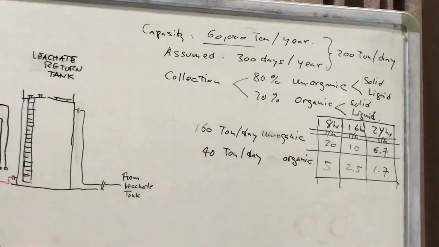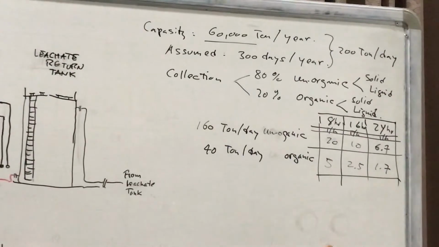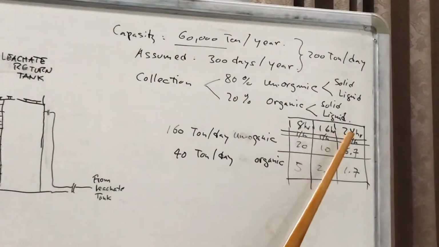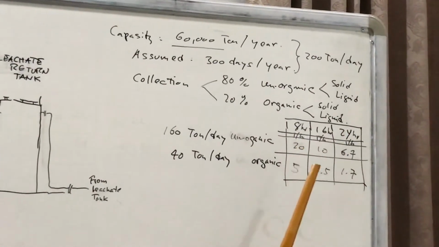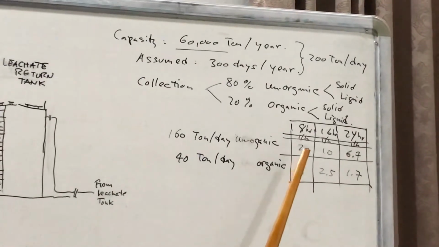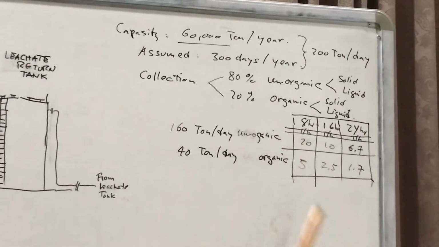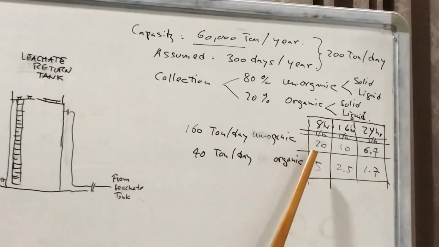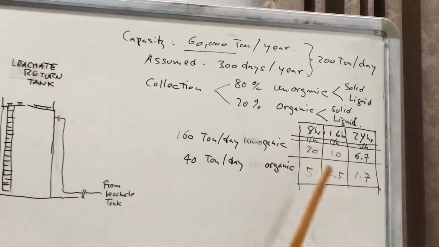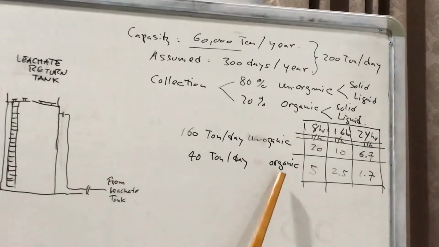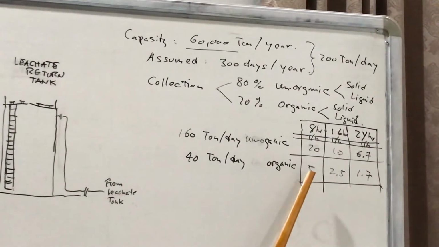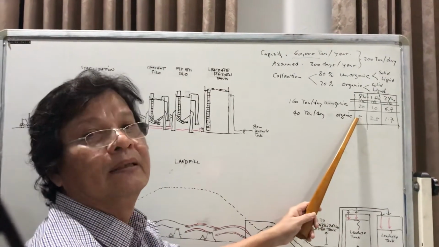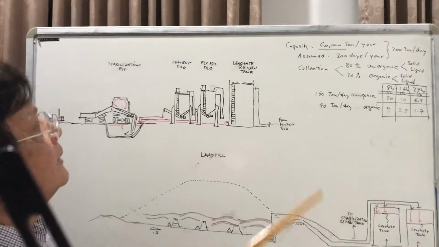So this plant is designed for one shift only, 8 hours. This is 2 shift, this is 3 shift. But in this case, I just designed it for one shift operation only. So the inorganic waste is going to be 20 ton per hour, and organic waste is 5 ton per hour. I hope you can see this figure here. So this is our basis of assumption and